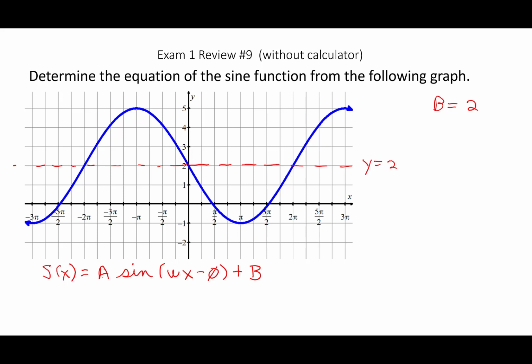So actually, I take that back. Let's go from finding the midline b. Let's find what phi is. Okay, so if I think of what the sine graph looks like, and if I'm starting, say